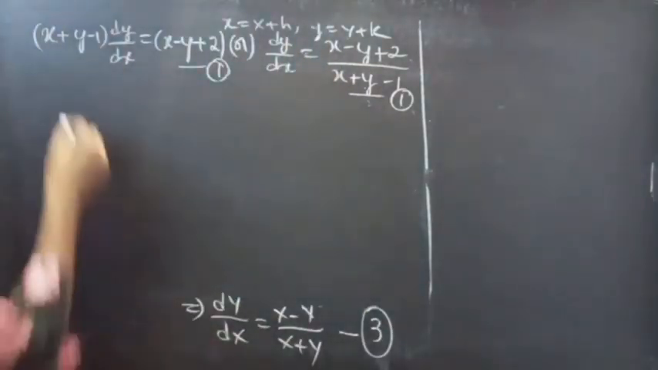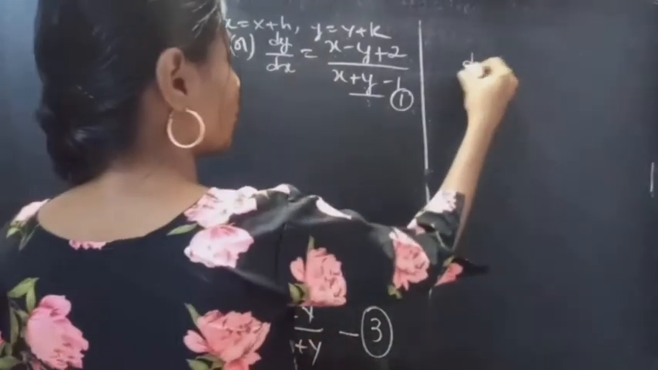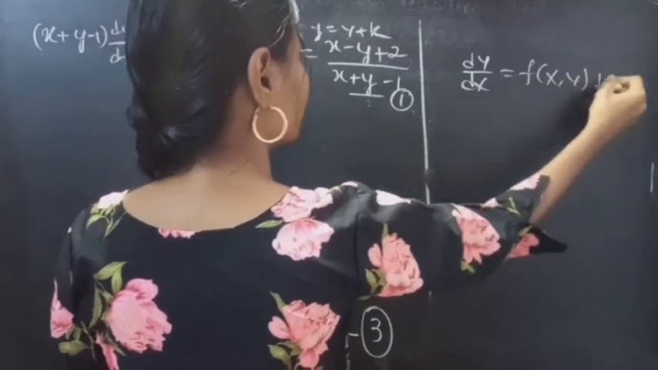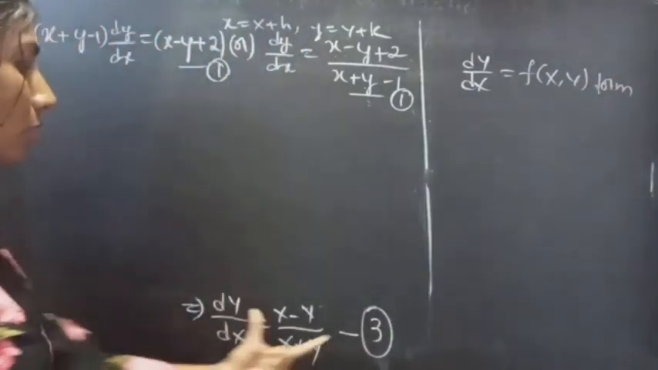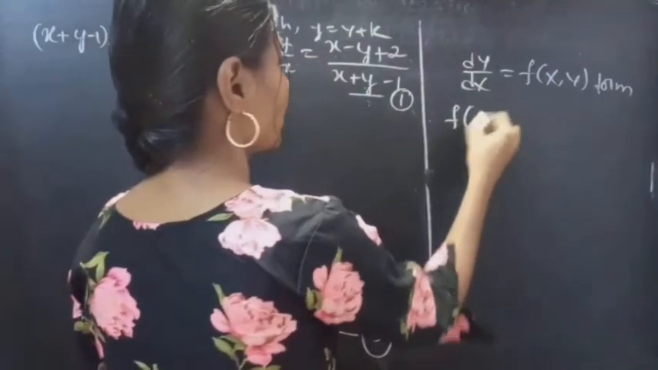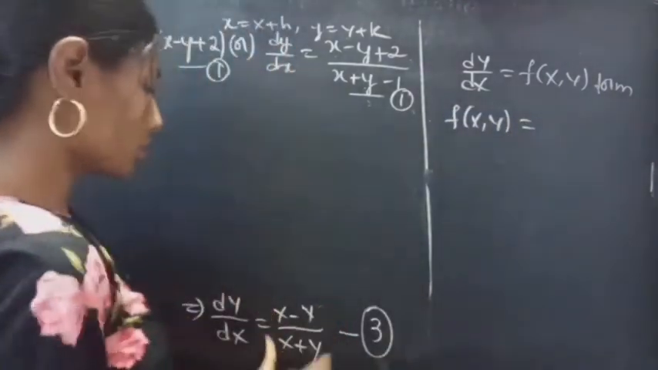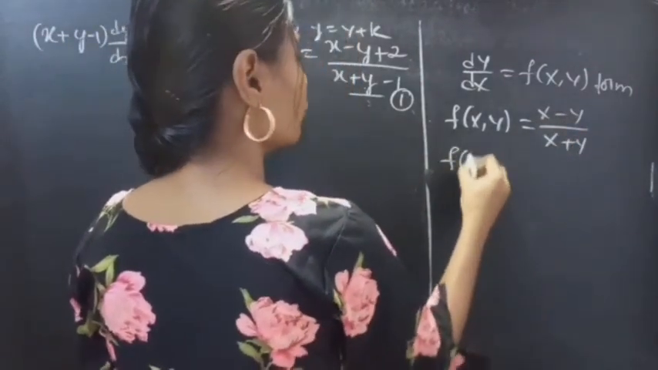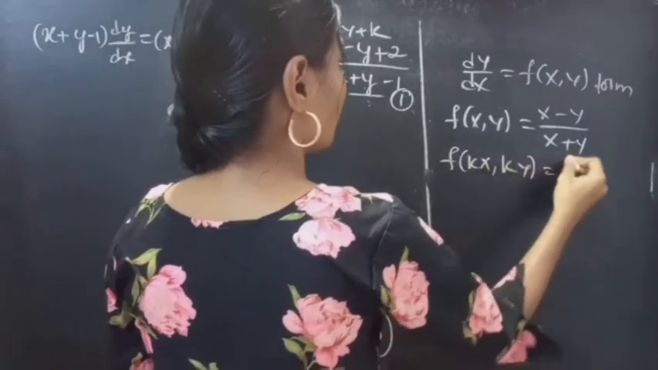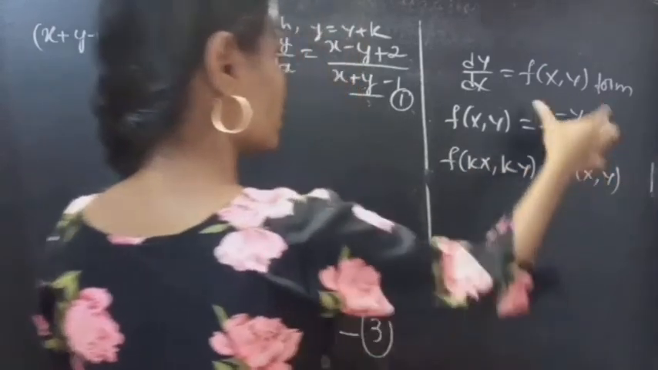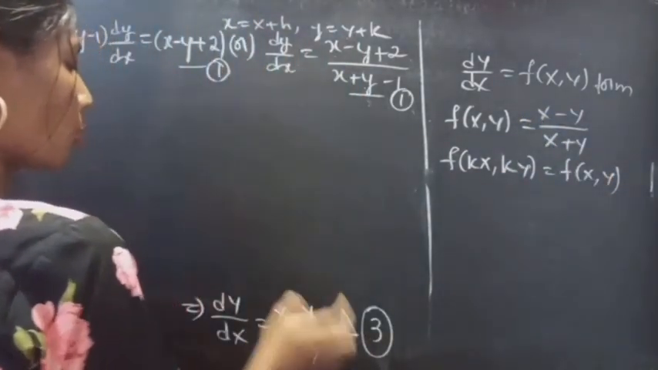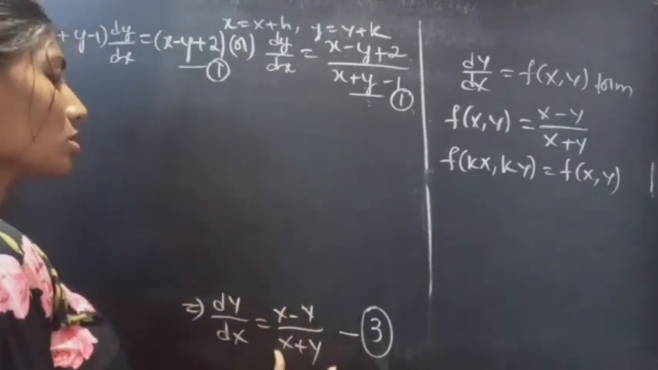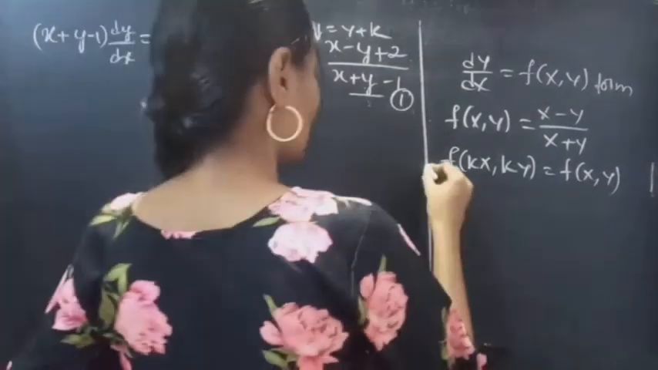Now this is in dy by dx equals function of xy form. Right? Let f of xy, function of xy, be this function, that is x minus y by x plus y. If f of kx, ky equals f of xy, then we can say that this function is a homogeneous function, and then we can